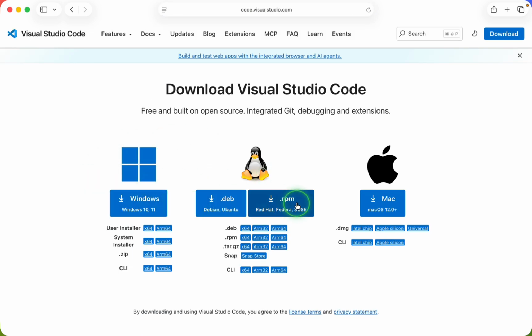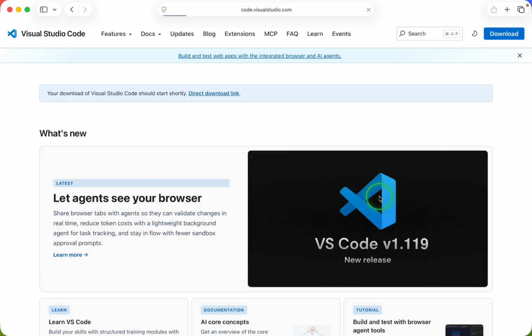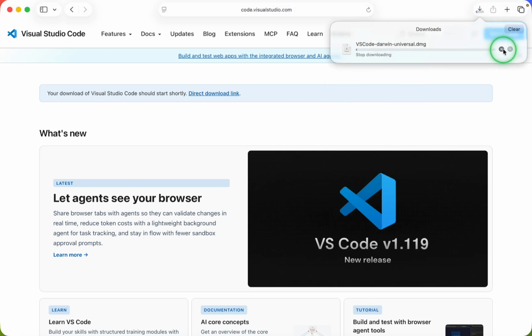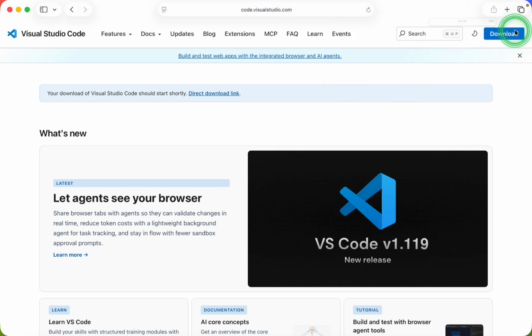From here, you have to choose whichever operating system you are using. Currently I'm using Mac, so I'm going to select this one, and then it will start downloading. Here you can see I already downloaded this, so I'm not going to download it once again. You just have to download this and then